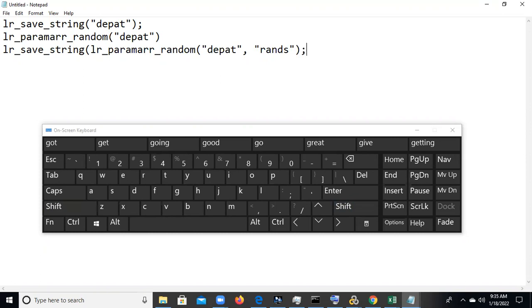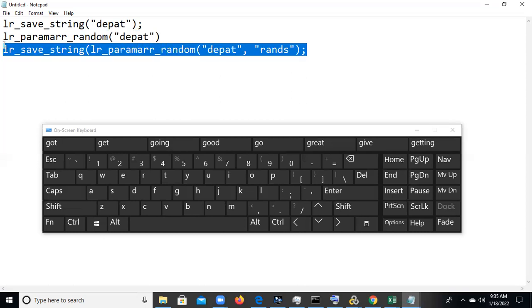So in this situation we use lr_save_string: the lr_paramarr_random value is a departure, say Denver, and I need to save this departure value into our LoadRunner variable. I am giving the LoadRunner variable as rand_s, so it will save to rand_s. Understand, right?